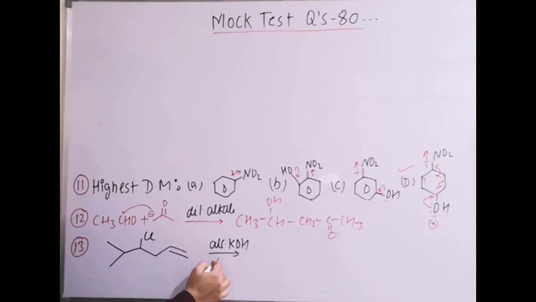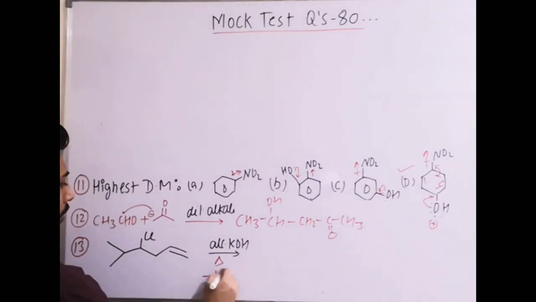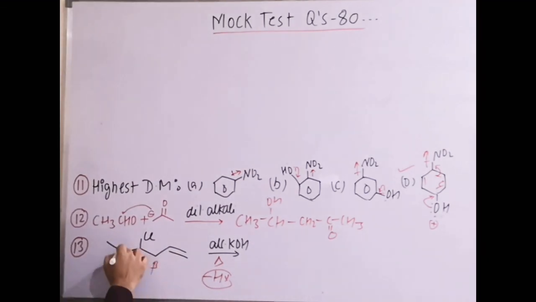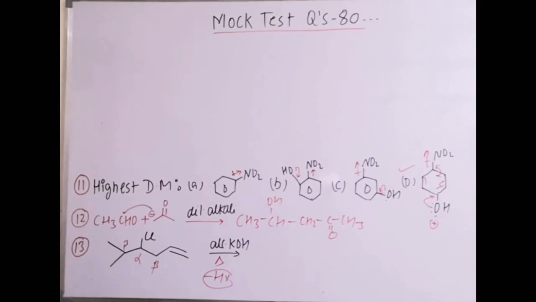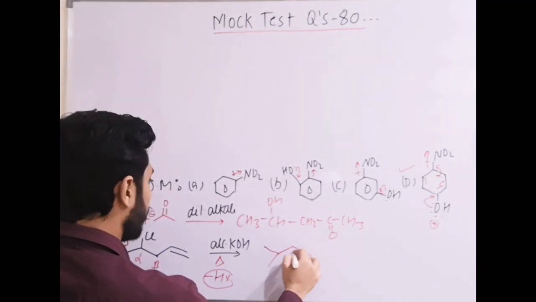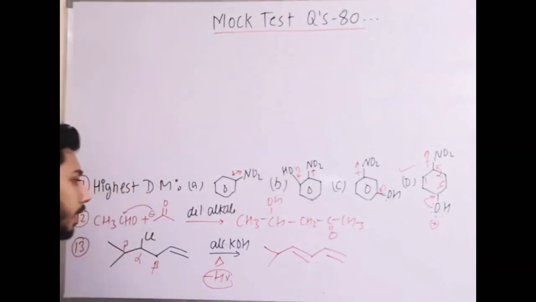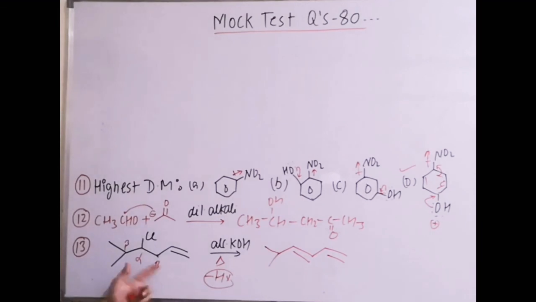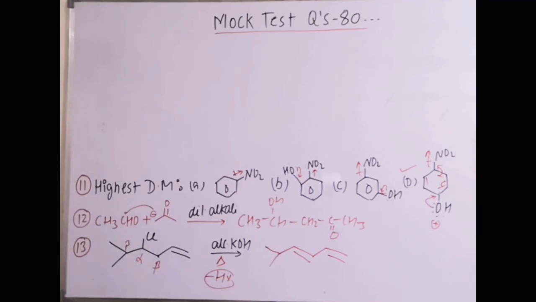The next reaction is this one. Write down the major product formed. You can pause this video. I am writing the answer. It is alcoholic KOH. Which reaction? Dehydrohalogenation. This is the alpha carbon. There are two beta carbons. Which beta hydrogen will participate? It is very simple. This one will participate. It is also more acidic, and if it participates, you will get a conjugated diene as the product. So the answer is that the major product is this one, and the other possibilities are the minor product. So here the answer is that the conjugated diene is the major product. Okay, thank you.